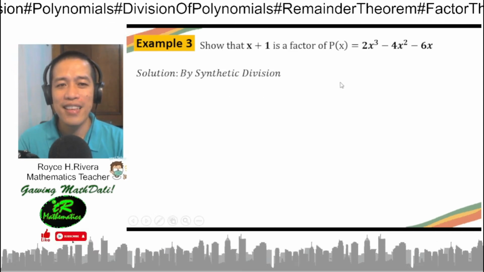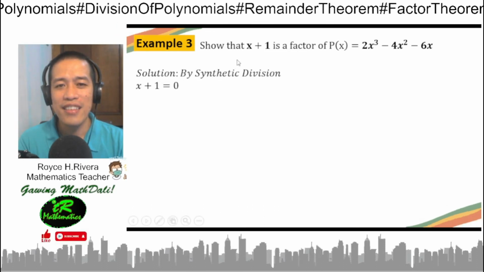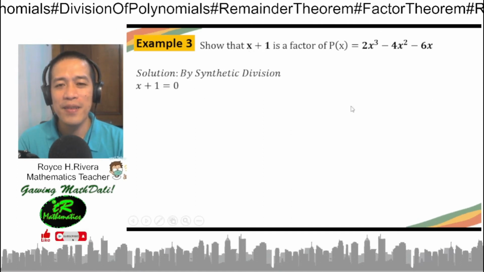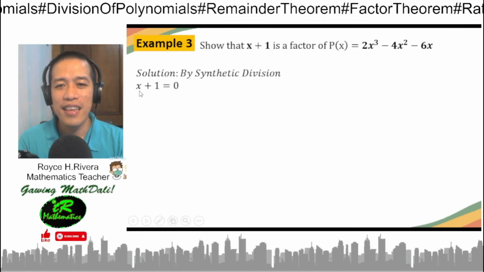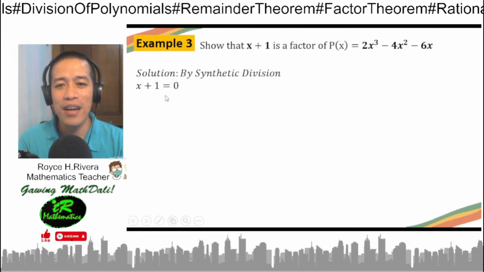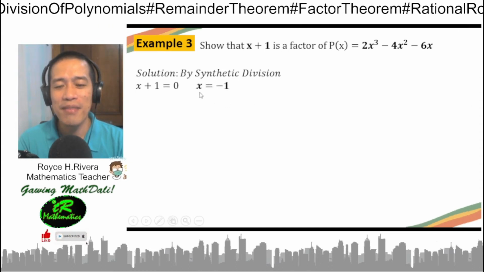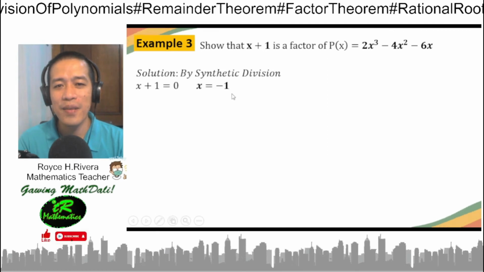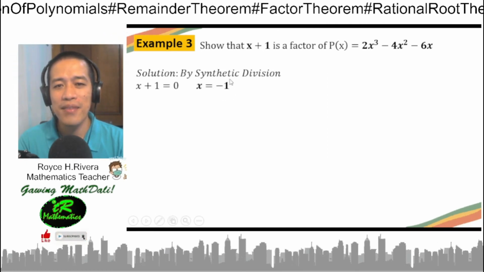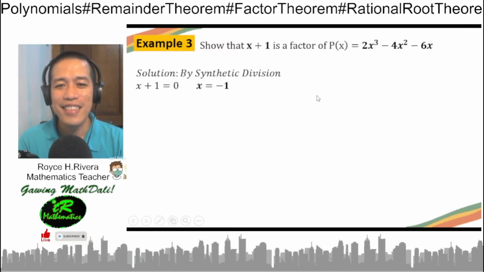Ang una nating gagawin is to equate our divisor x plus 1 to be equal to 0. Then we solve for x by adding the additive inverse of 1 to both sides of the equation. We will obtain x equals negative 1. Negative 1 will be our divisor using synthetic division. Sunod,